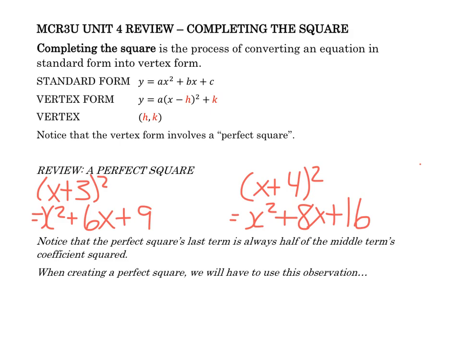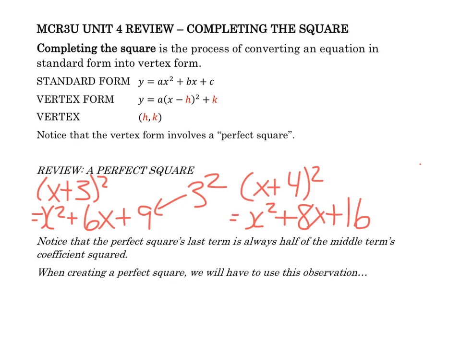Let's start with x plus 3 all squared. If I expand x plus 3 all squared, I end up with x squared plus 6x plus 9. The constant term 9 can be rewritten as 3 squared. If I take 6 and divide it by 2, I get 3, and 3 squared is 9. So it looks like taking half of the middle term's coefficient and squaring it is going to give us the